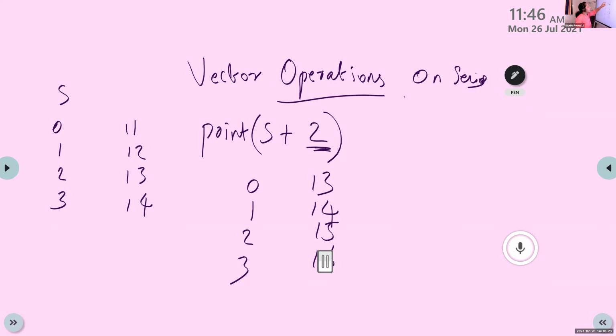That is, we are adding a constant value with the series S. So S plus 2: the first value of S is 11, so 11 plus 2 is 13. Then 12 plus 2 is 14. 13 plus 2 is 15. Then 14 plus 2 is 16.